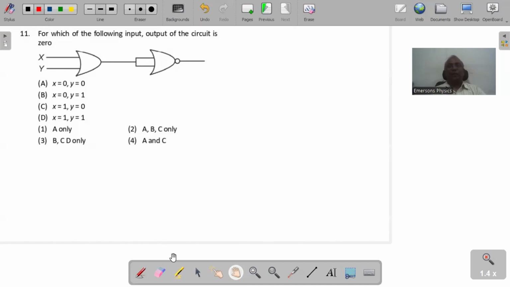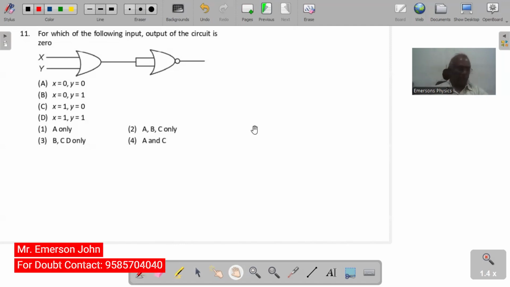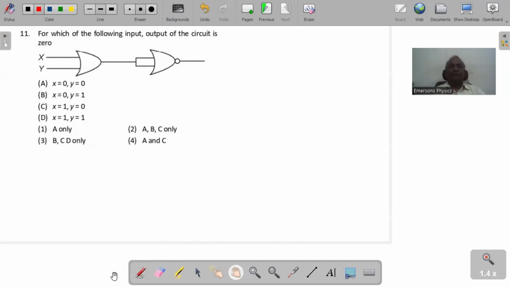For which of the following input the output of the circuit is 0? So in the question, we need to see in which case the output is 0. This is an easy question. Here let us take the output as A, and X and Y as the inputs, this is X, this is Y,